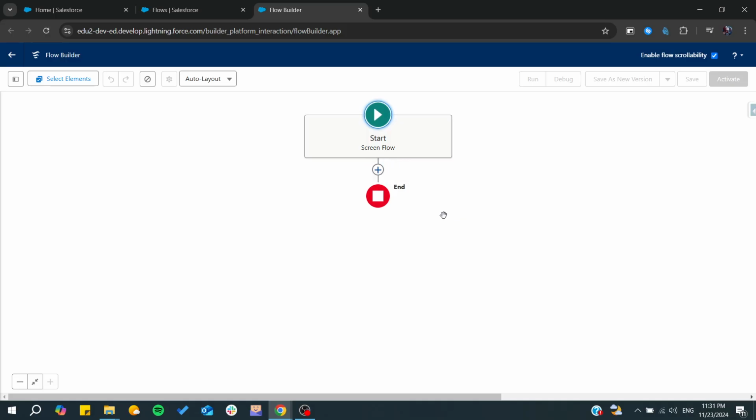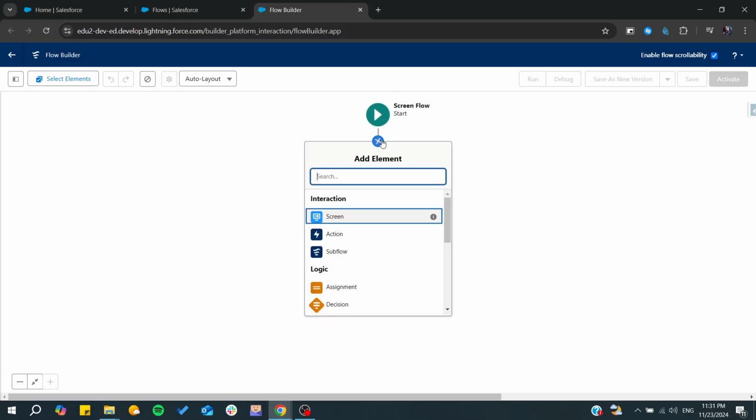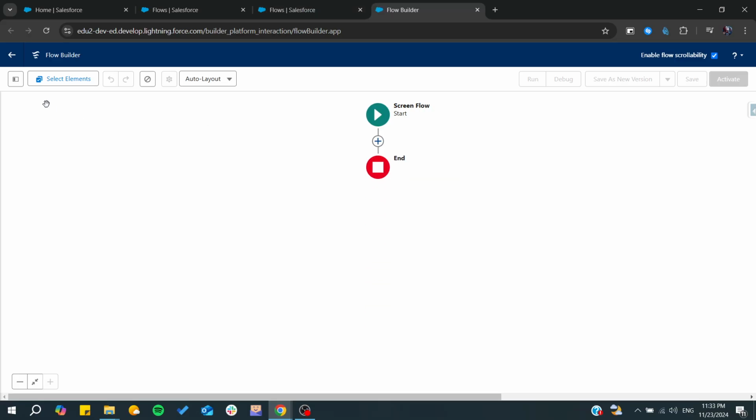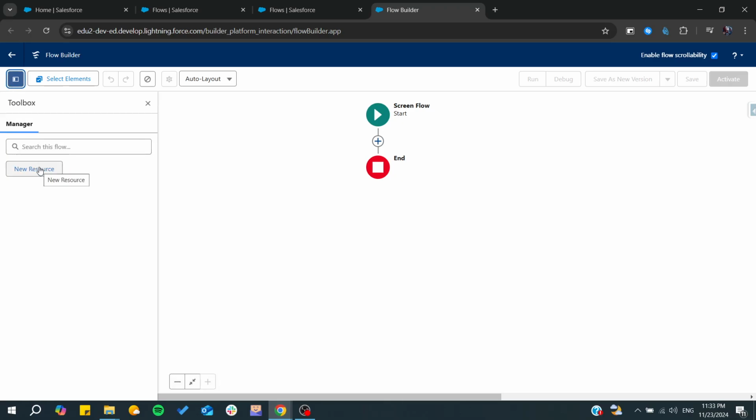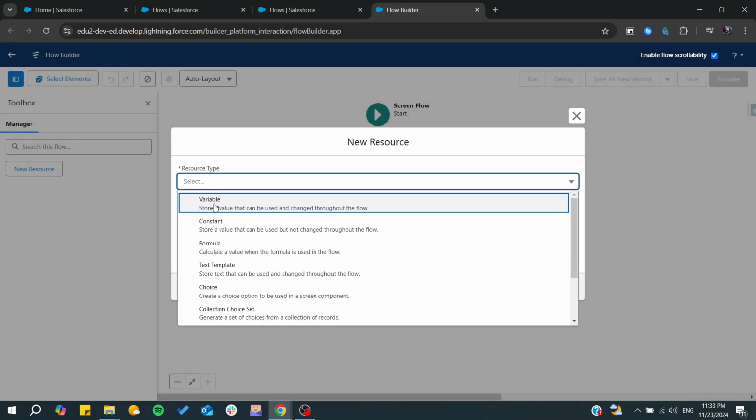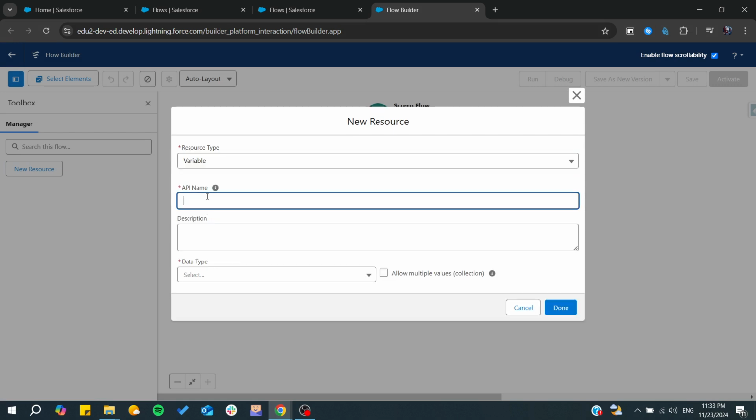So basically we need first to create an input or the flow variable. So here we need to add a new resource. So I'm going to start and add a new resource, and from here we need our variables, and you will need to add the API name. So let's name it record ID or any API name, and after that you will need to choose and check